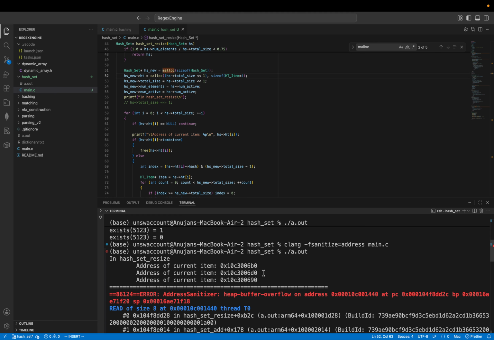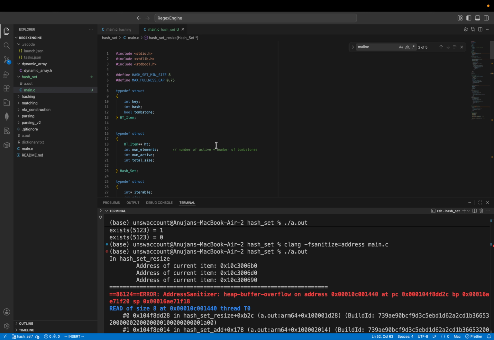So that's 16 bytes, is that right? Which maybe makes sense because